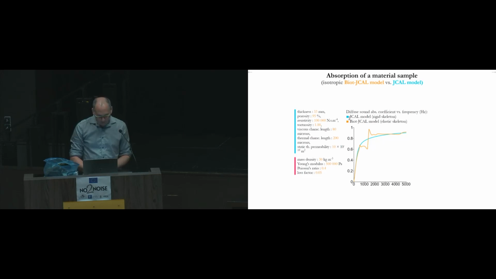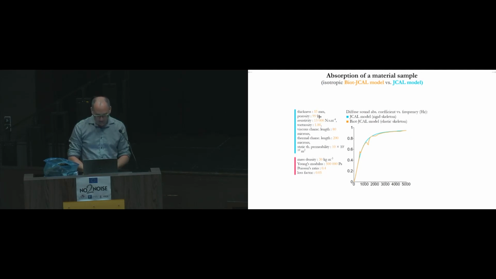And you can see, for example, that one important point is that if you have high resistivity material, the impact on the sound absorption, for example, but it will also be the case for sound transmission, is very important. Okay, we have very high difference between the blue and the orange curve, while when we have low resistivity, so if we take the value for a melamine foam like this,